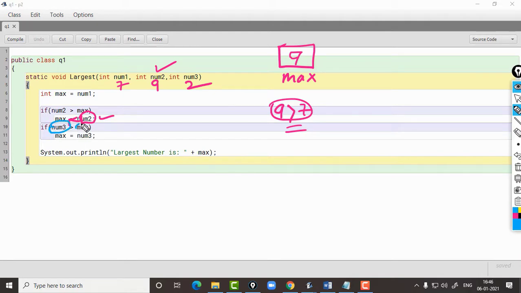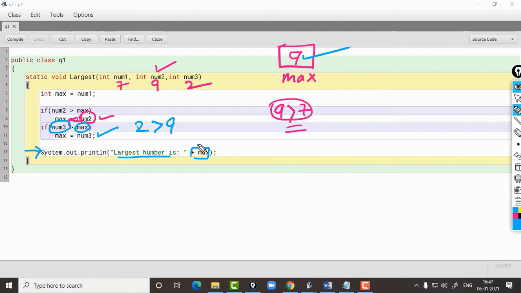Is num3 greater than max? If num3 is greater than max, then again we will update the value of max to num3, but in this case the value of num3 is 2 and the value of max is 9. So the condition is false. The value of max remains 9, and then ultimately control comes to line number 13, and here it is going to print largest number is max, which is 9.